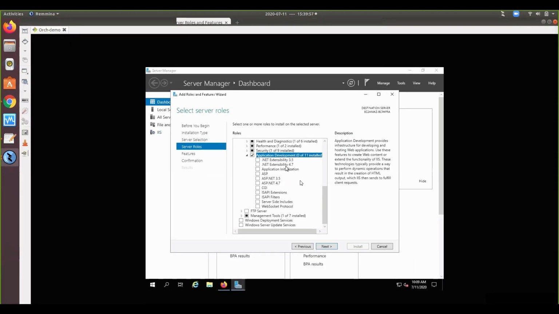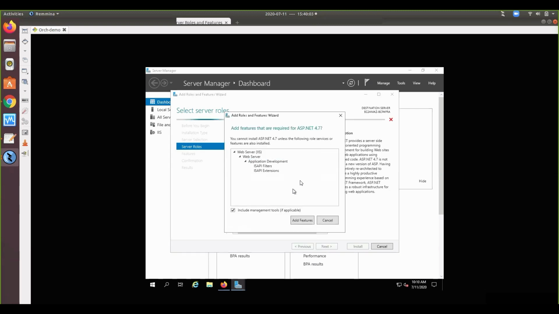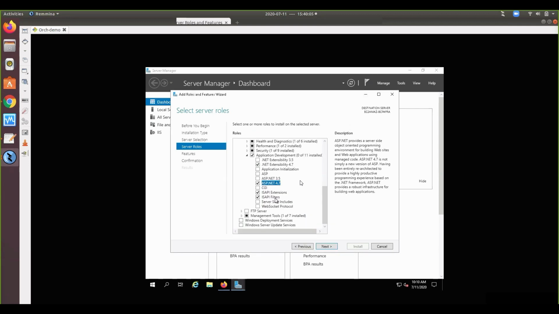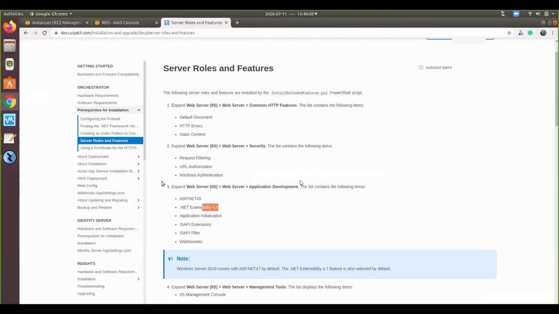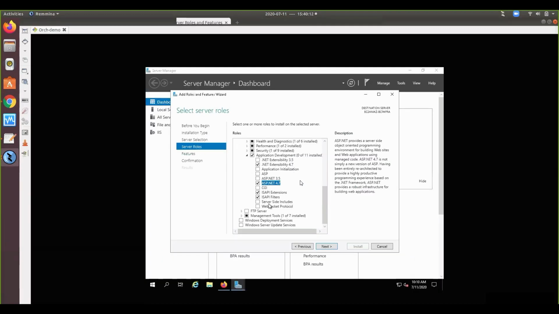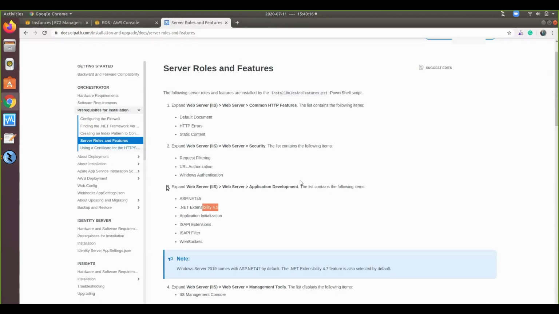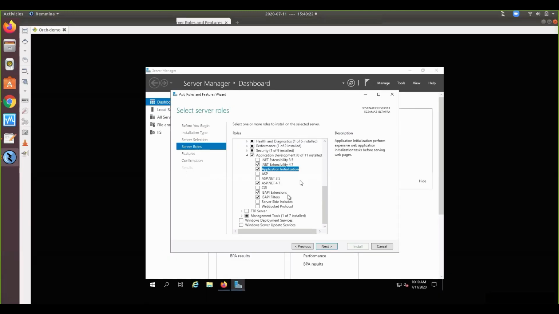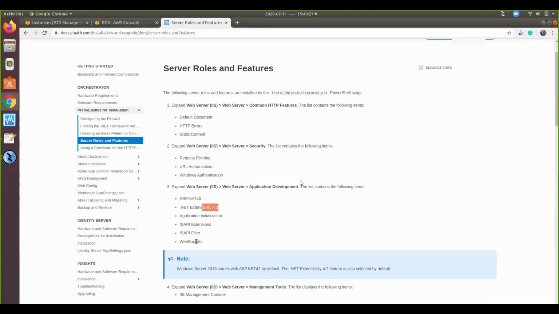Currently I have a greater version, 4.7, so go with a similar version of ASP.NET 4.7. Okay, and then application initialization, and ISAPI extensions and ISAPI filters. The next one is WebSockets.